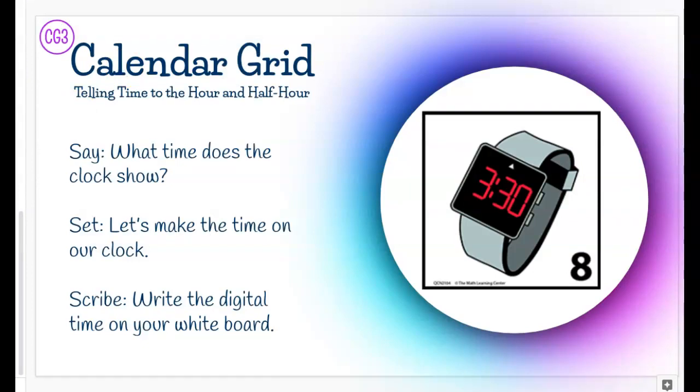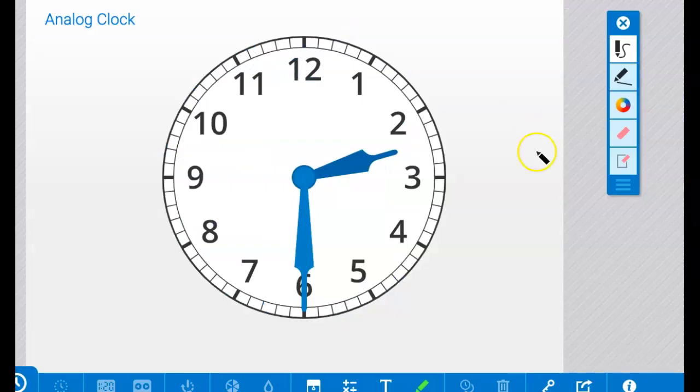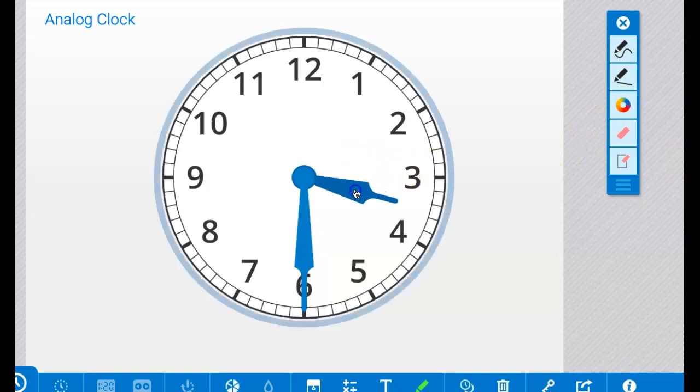What time does the clock show? Read it with me. 3:30. Let's make it. What do I need to move? If you said the hour hand, excellent work. If you moved your hour hand halfway between the 3 and the 4, or you were thinking that's where it should go, good thinking. This time shows 3:30 or